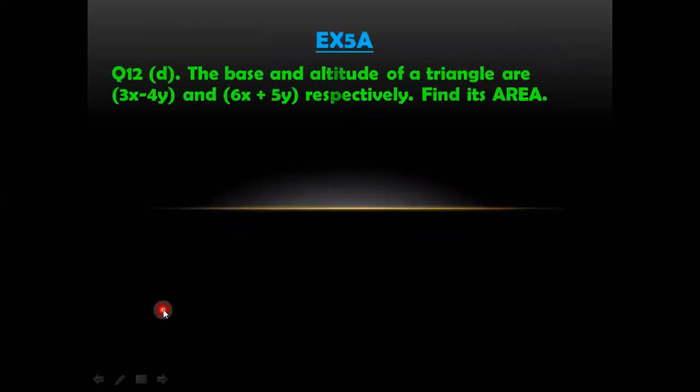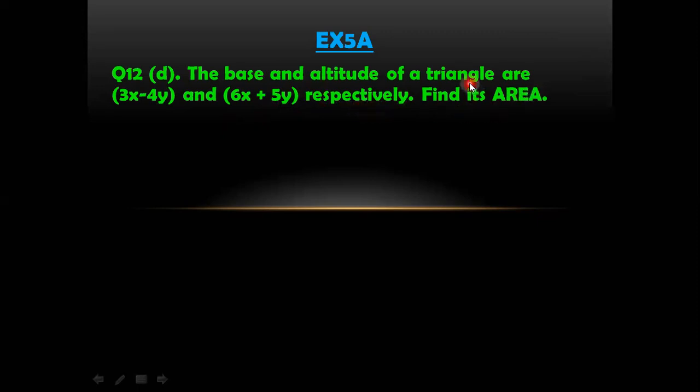Another word problem is about the area of the triangle. The base and altitude are given to us. The base is 3x minus 4y and altitude is 6x plus 5y. Respectively का मतलब होता है जो वैल्यू पहले गिवन है, ये वैल्यू जो पहले गिवन है ये उसकी वैल्यू है, राइट. एल्टीट्यूड बाद में लिखा हुआ है तो 6x plus 5y बाद में आई है ये वैल्यू, इसलिए ये इसकी वैल्यू है. रिस्पेक्टिवली इंपॉर्टेंट वर्ड है, राइट. इससे हम डेटा को आइडेंटिफाई कर सकते हैं प्रॉपरली.